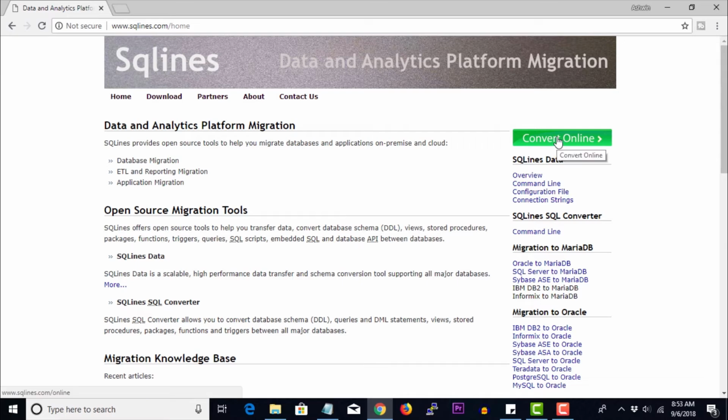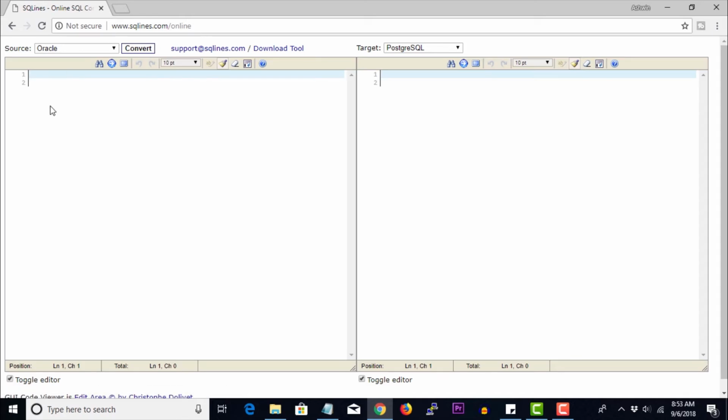You can just go to this option, convert online, click here, and this is the tab for the source query, and this is the target query. You can choose the source database like this, and you can choose the target database like this. There are many source and target databases, and this online tool supports the combination of all of these.